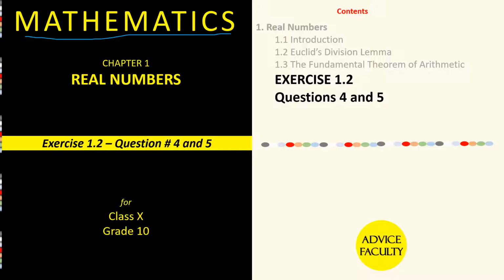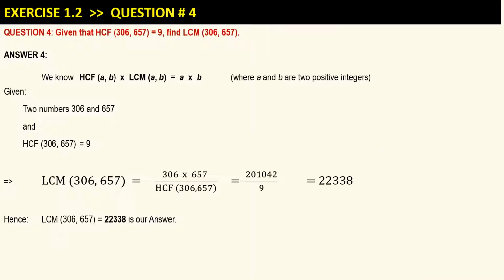This session is on Mathematics, Chapter 1 on Real Numbers for Grade 10, Exercise 1.2, question numbers 4 and 5. Question number 4 says, given the HCF of 306 and 657 is equal to 9, find the LCM of these same two numbers. We know that HCF of A and B when multiplied by LCM of the same numbers A